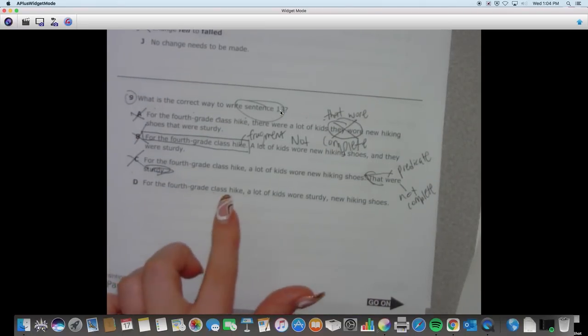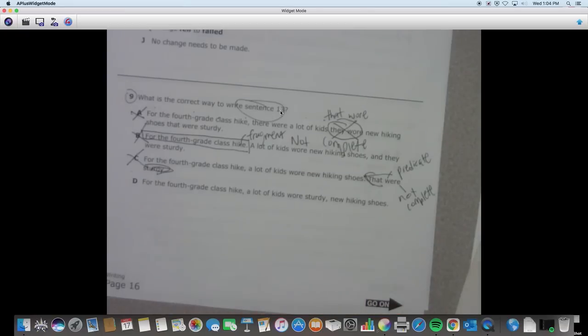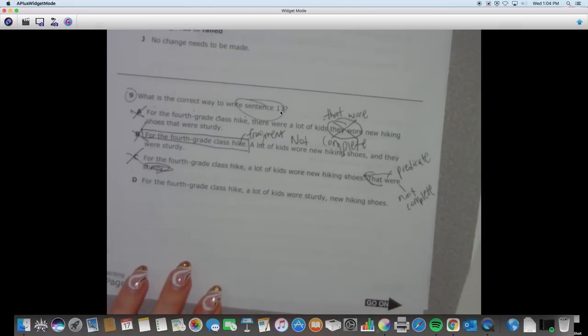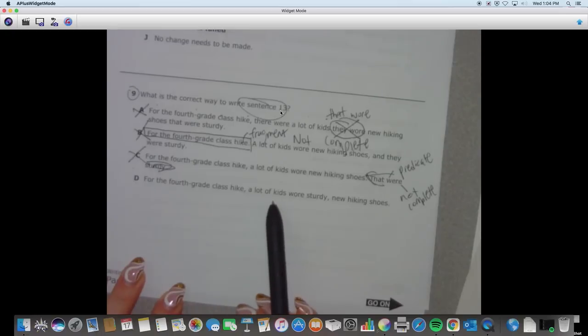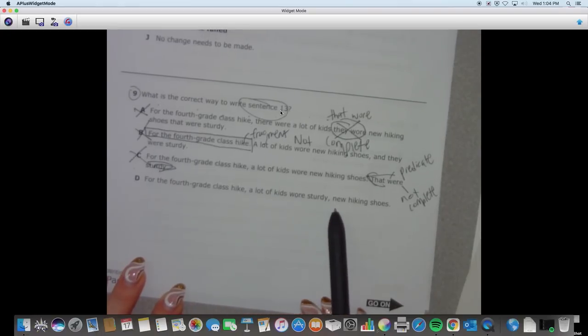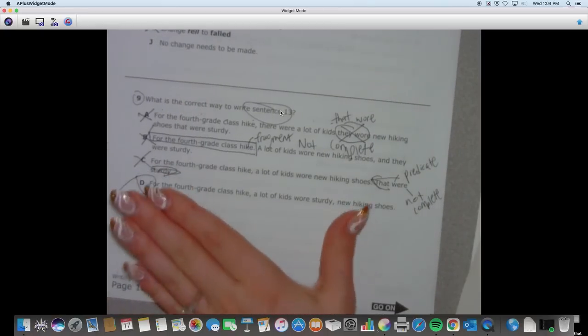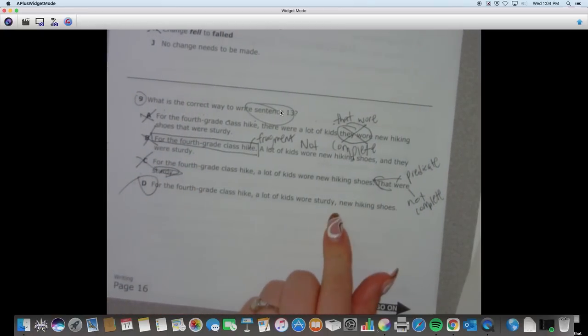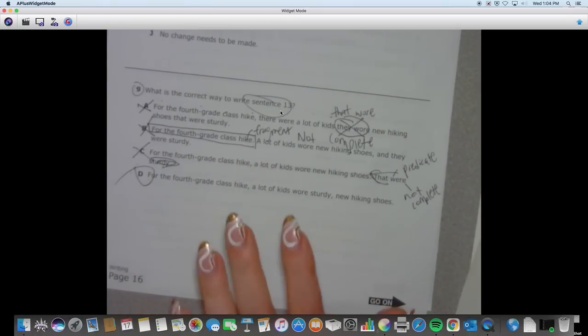For the 4th grade class hike, a lot of kids wore sturdy, new hiking shoes. That sounds wonderful. Let me read that again. See how that flows? For the 4th grade class hike, a lot of kids wore sturdy, new hiking shoes. That's the best answer, everybody, to rewrite sentence 13. It's a complete sentence. It has a comma in a correct place. So this is your best answer. Okay, now on your own, you are going to do number 10, 11,